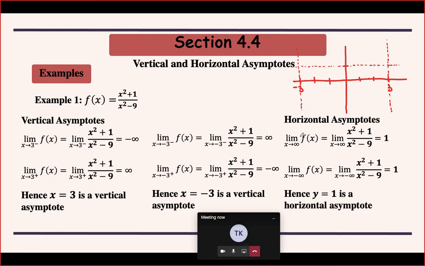Now, what does the horizontal asymptote tell us? That when your x is becoming very, very large, your f(x) is tending towards 1. So this is 1 here. Okay, so that means you would be having a branch which is getting close to the line y equals 1, as your x becomes very, very large. So it should be something here. Okay, let us just roughly get an idea. So it should be somewhere here like this, or it could be like this as well.